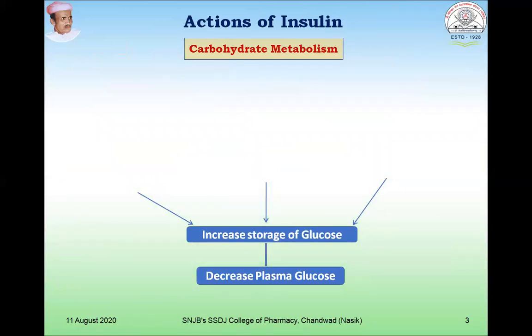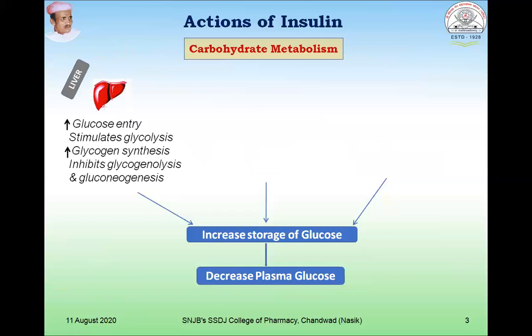It is the only hormone that decreases plasma glucose level, decreases basal glucose level, and also prevents rise in plasma glucose following feeding. It is the only effective anti-diabetogenic hormone. Now, insulin increases glucose entry into the cells of almost all tissues of the body except brain, RBC, epithelium, GI tract, and renal tubules. Insulin has a prompt action on three different parts, that is the liver, the adipose tissue, and the skeletal muscle.